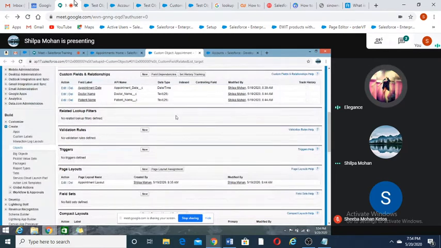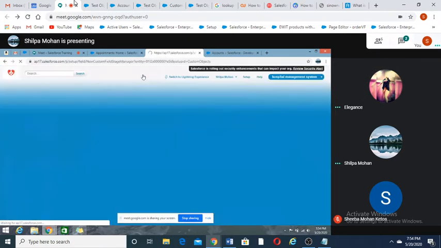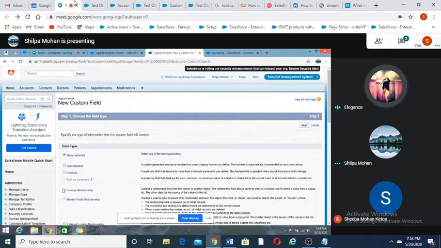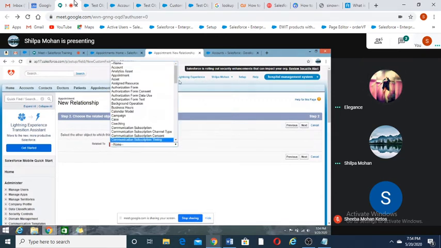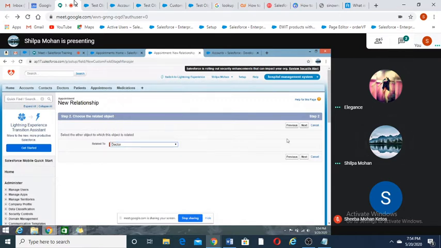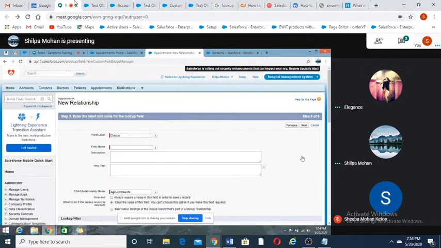Yeah. Click on new, lookup. Just click inside the field label, and now click outside.